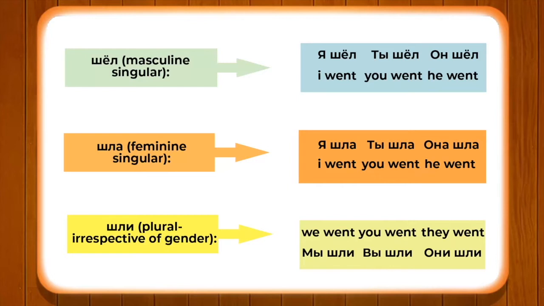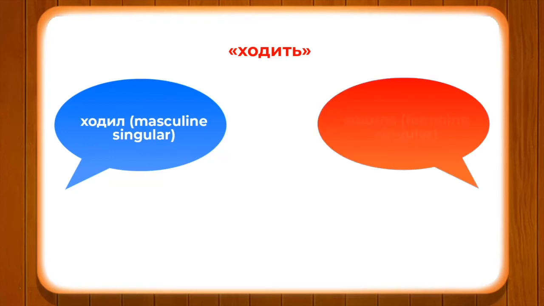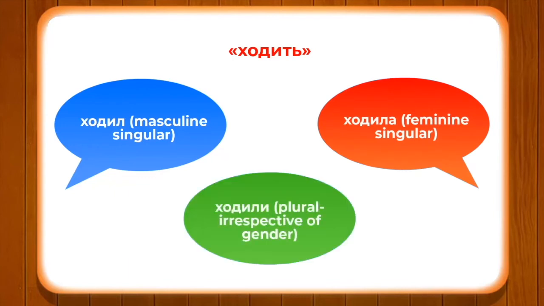Now let's go ahead. Here we will see how ходить is being conjugated in past form. So as per masculine, feminine and plural, how do we change it? We change from ходить to ходил: он ходил, я ходил. If we have она, она ходила. If we have они, они ходили. So I hope this concept is absolutely clear to you. It's very simple. Whenever you have the masculine gender, it is ходил, feminine is ходила and plural ходили. In the case of идти, он шёл, она шла, они шли. Alright. Okay, now let's go ahead.